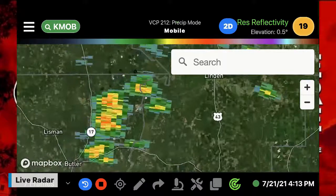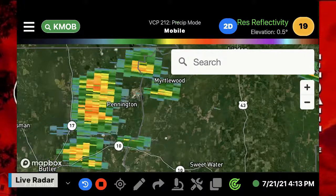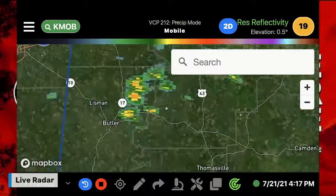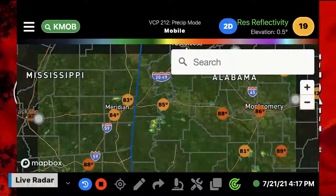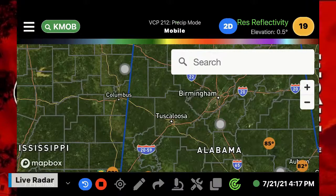And especially if you were along the 17 corridor, or if you were along the 10 corridor, which runs from Butler over to Sweetwater, Alabama. So that is a radar tour for you guys here in the state of Alabama. And what I always like to do before we sign off,